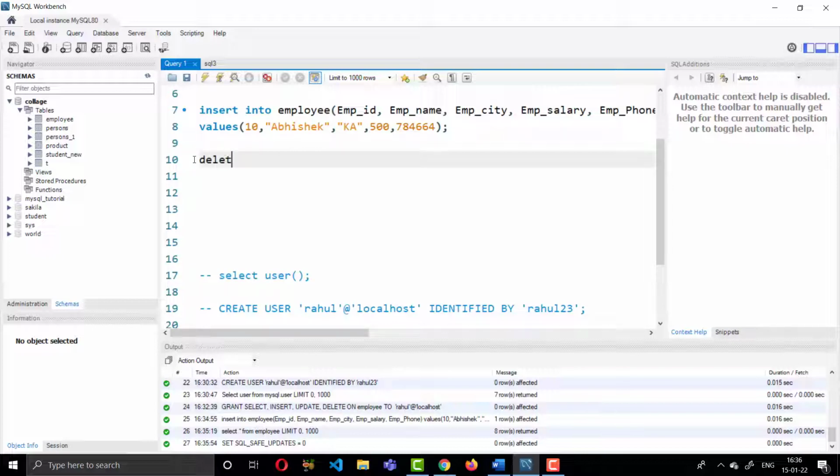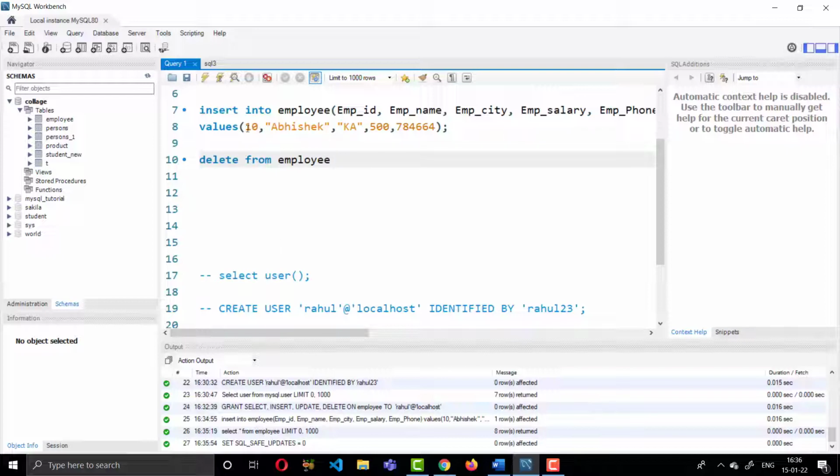So DELETE FROM, provide your table name, that is employee. Suppose I have inserted this ID number 10 with the Abhishek value.